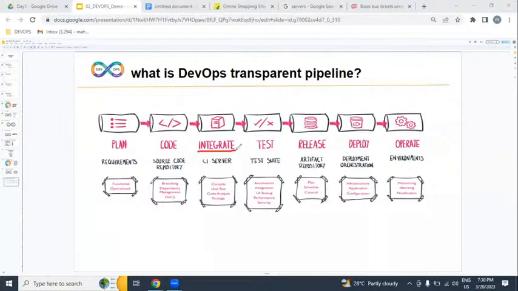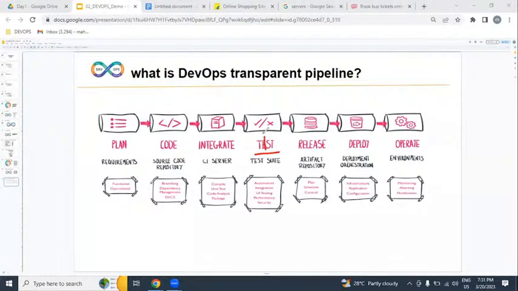We are going to integrate all developer source code continuously. Developers are continuously writing from morning to evening, but we are continuously integrating. Continuously writing code, continuously integrating. This we call what? CI, continuous integration. Once it is integrated continuously, to check whether it is working or not, we are going to execute test cases, which are written by testers, not by you.